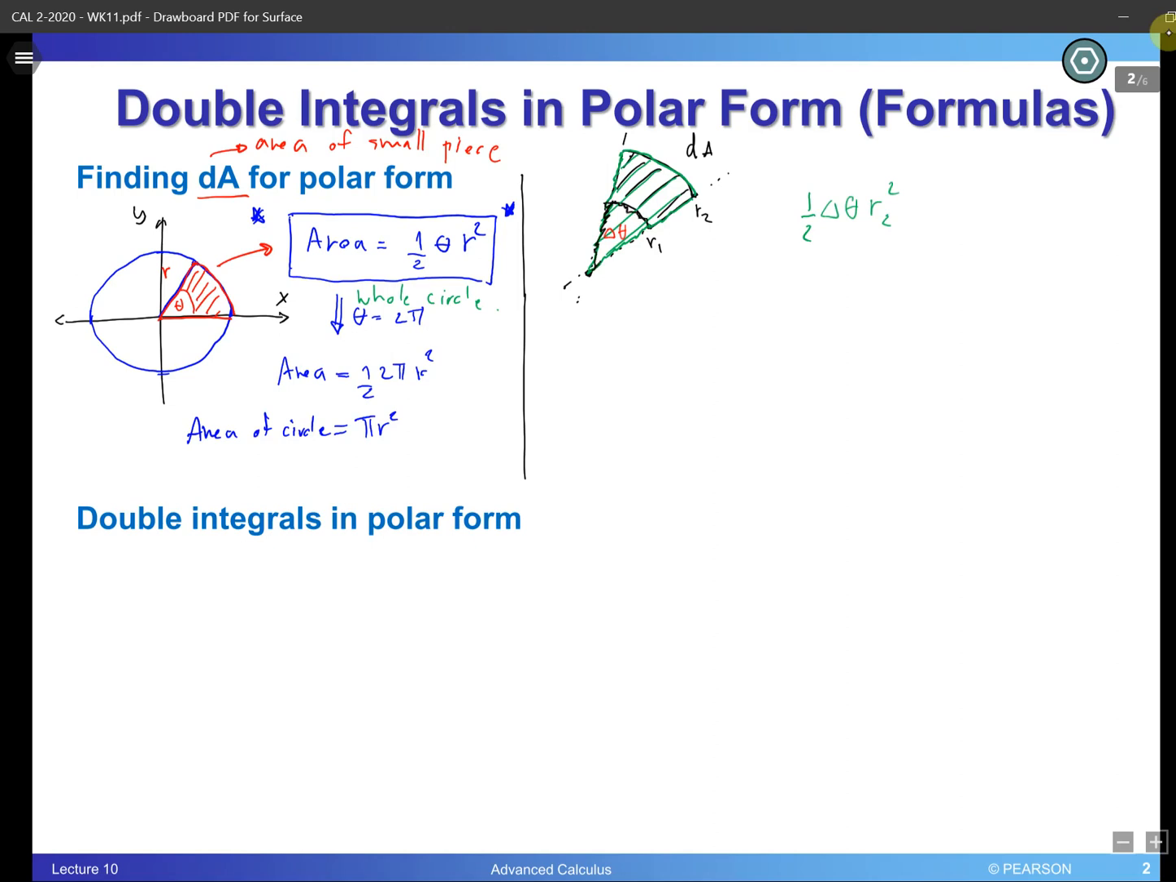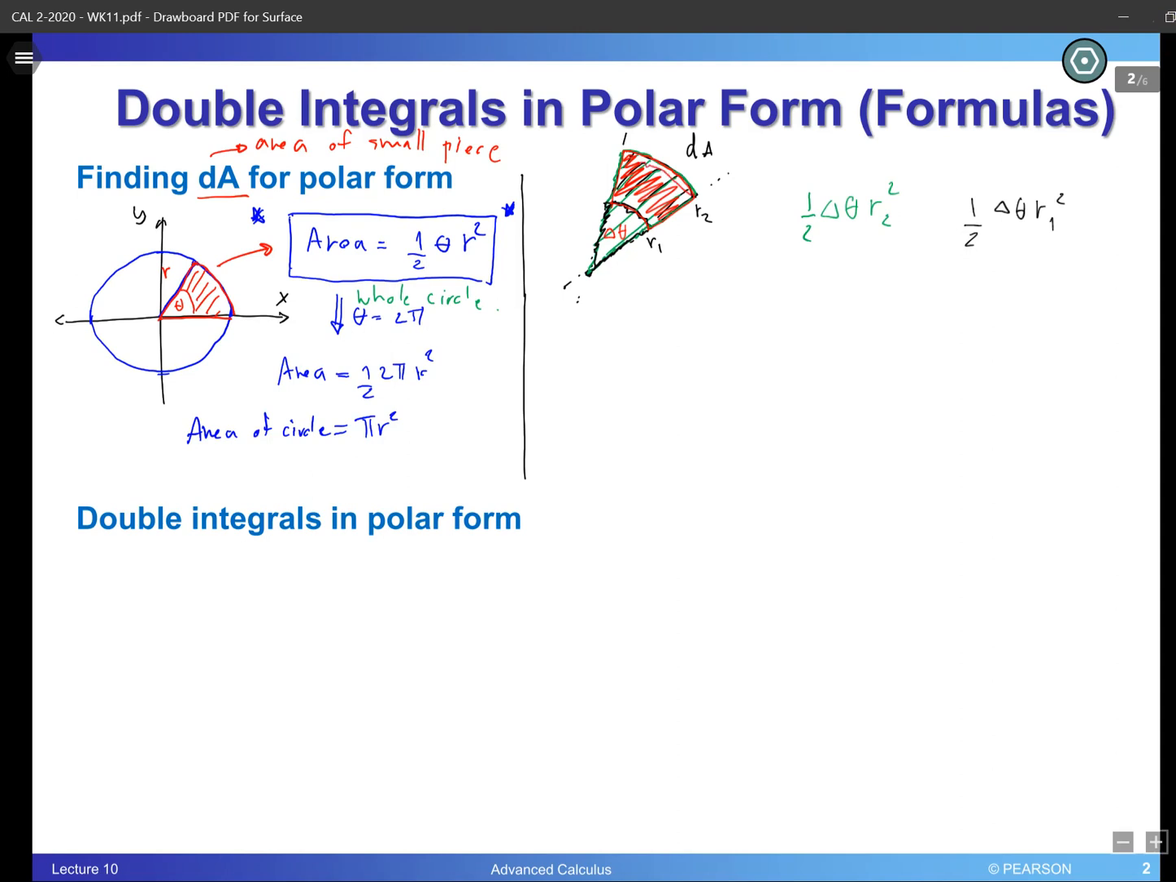Okay? And this one is going to be quite the same. 1 over 2, same angle, delta theta. But this time the radius is going to be r1. So this is r1 squared. And when I find the difference between these two areas, it's going to represent this one. Okay? So I am going to find the difference between these two pieces, and it's going to give me this